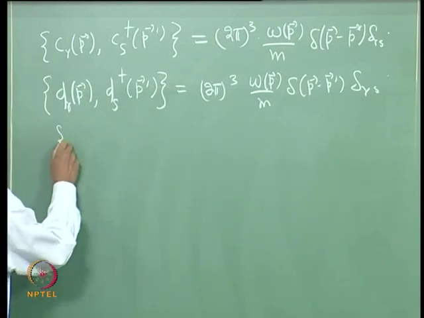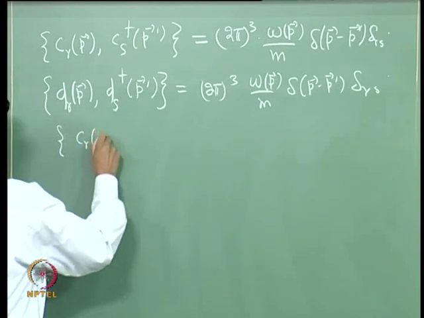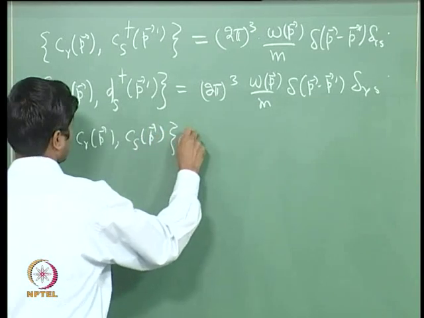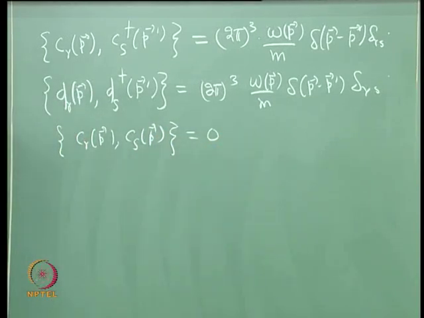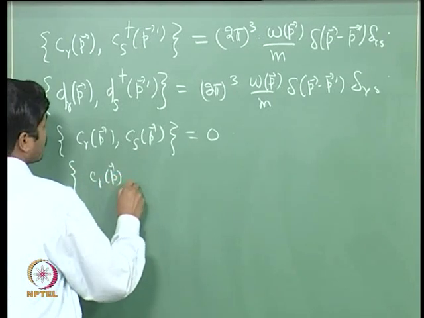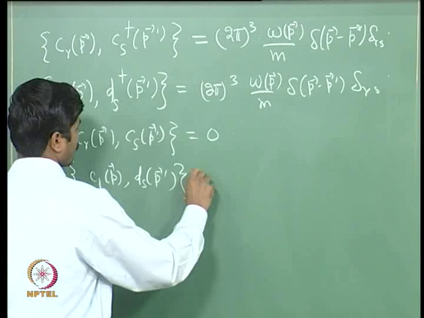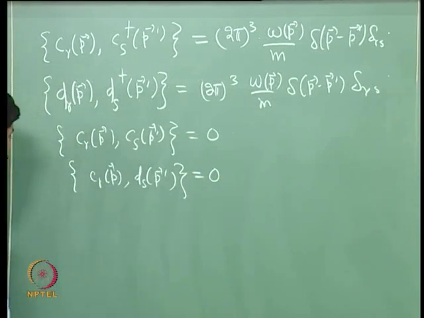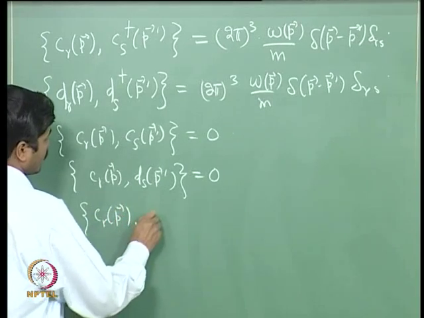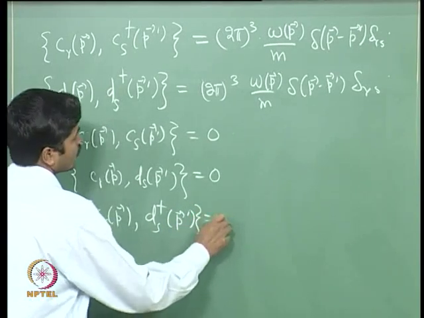whereas the anti-commutation relation between c_r of p, c_s of p is equal to 0, c_r of p, d_s of p prime is equal to 0, and c_r of p, d_s dagger of p prime is equal to 0,